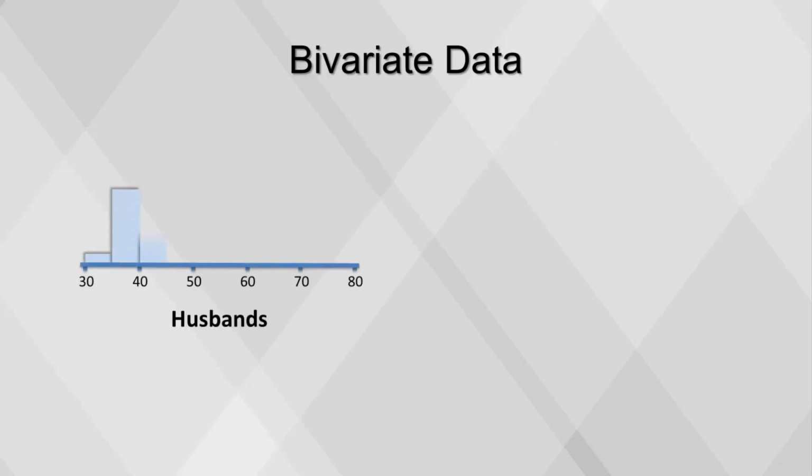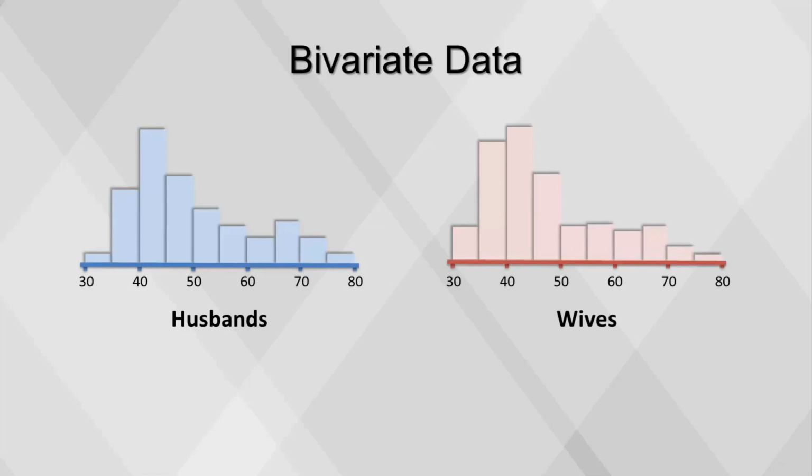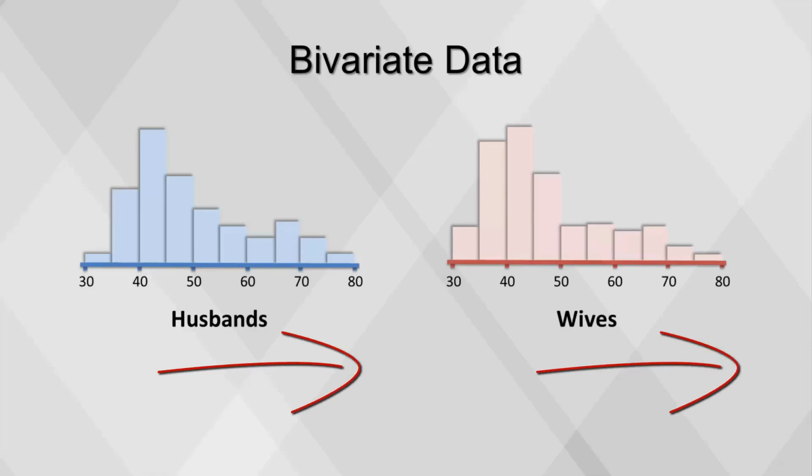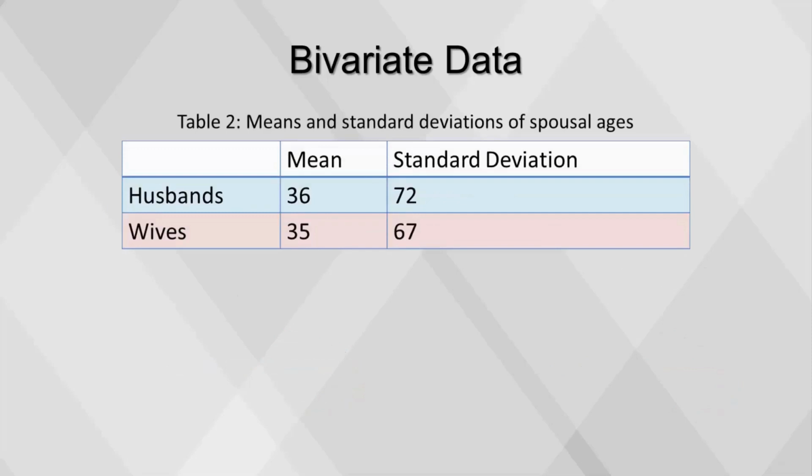We know that each variable can be summarized by a histogram, which is a graphical representation of a distribution. A histogram partitions the variable on the x-axis into various contiguous class intervals of usually equal widths. The heights of the bars represent the class frequencies. Here we can see that each distribution is fairly skewed with a long right tail. We can also summarize the variables with a mean and standard deviation.